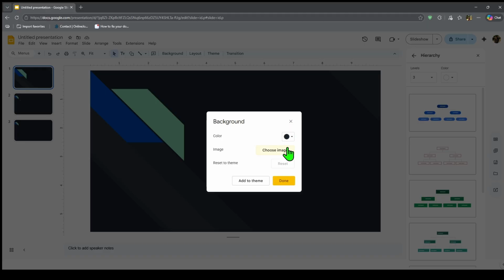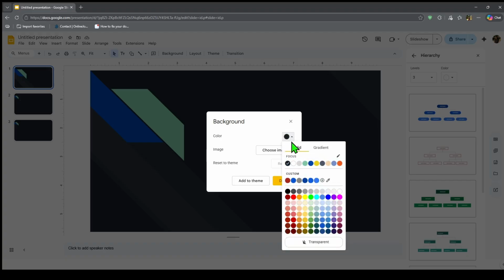If you want to add a color background, look to the right of color and click the color box. From there, you can choose one of the preset colors. Google also says you can create your own custom color by entering a hex code or adjusting the color manually, including transparency. That is useful if you want the background to match your brand colors, or the rest of your